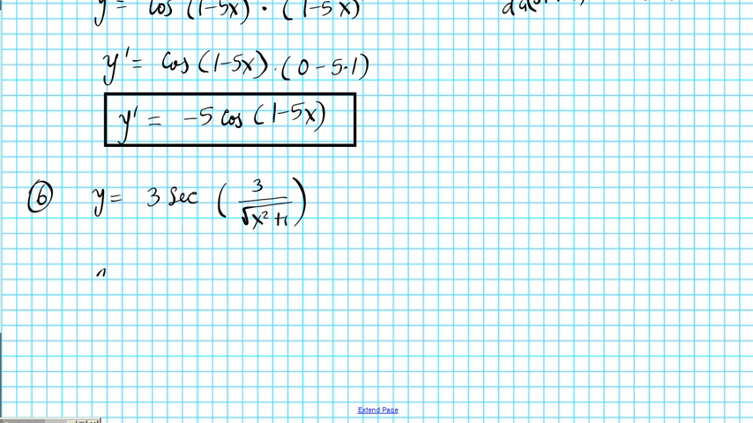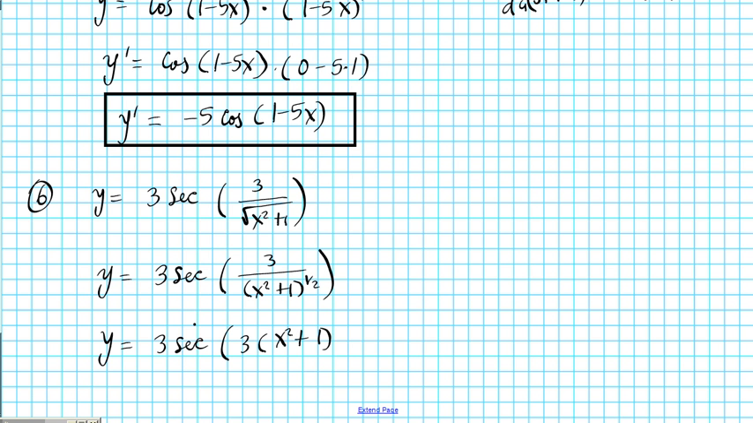Well, let's see. What if I write this as y equals 3 secant? Using the law of exponents, this becomes 3 over, square root is the same thing as raising the quantity to the 1/2 power, right? And then I can rewrite this as y equals 3 secant 3 times x squared plus 1 to the negative 1/2. Whenever you reciprocate, you negate the exponent, right? So you see how I rewrote this? Instead of having a square root in the denominator, I just have a numerator here,